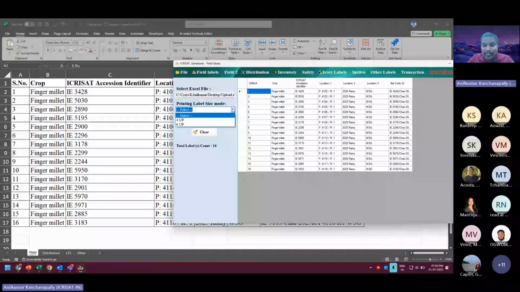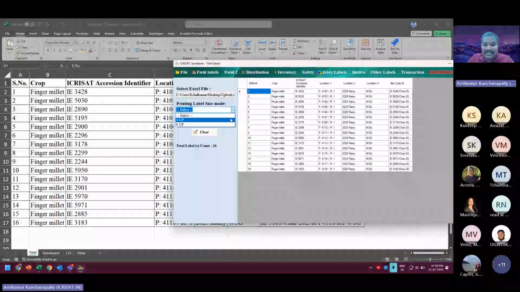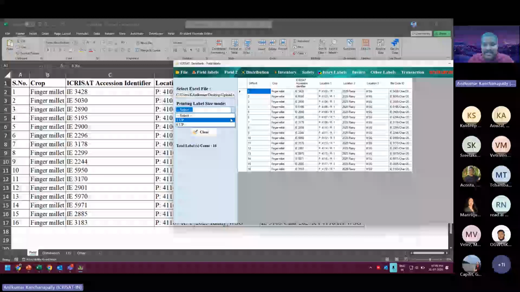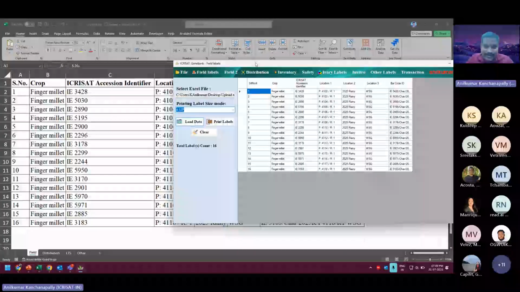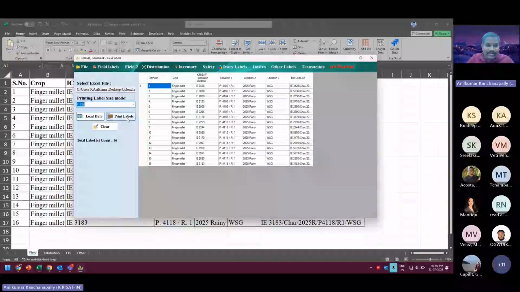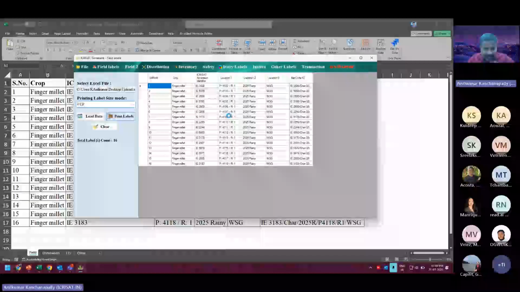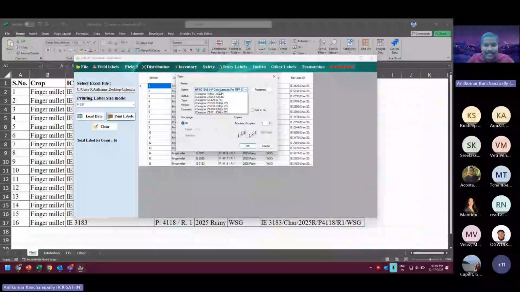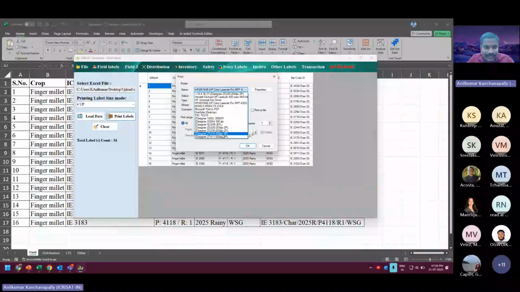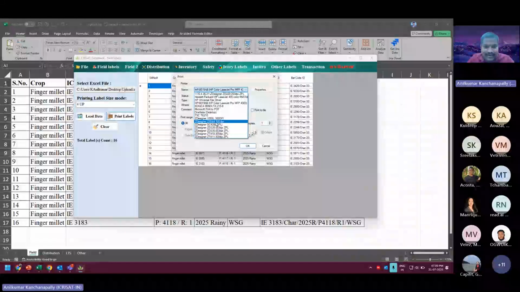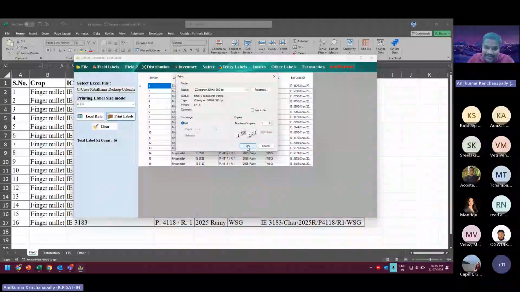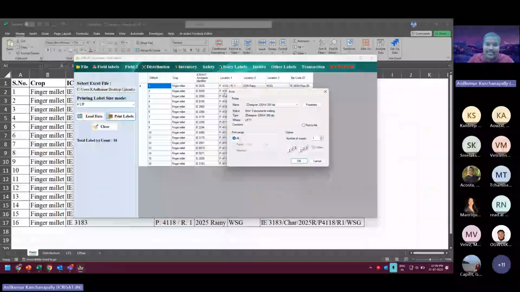Select the barcode label size, it's a 4 up or 6 up. Mostly for the initial sowing time, we will use 4 up. Just print the label. It will ask you the printer name. Just choose the printer name. This is a field printer, that's why 220xi. If I click on OK, it will immediately print 16 labels, 16 accessions,